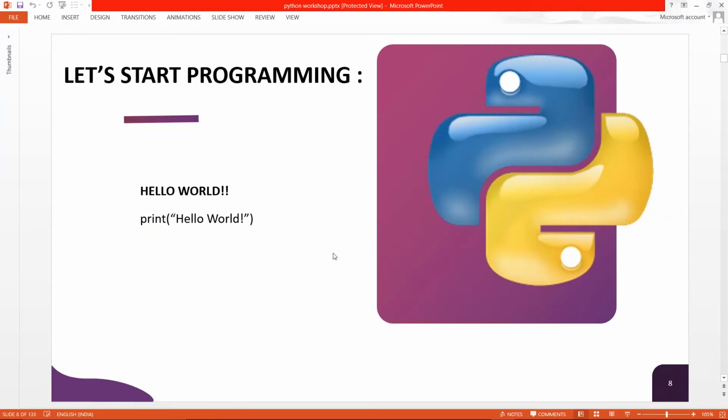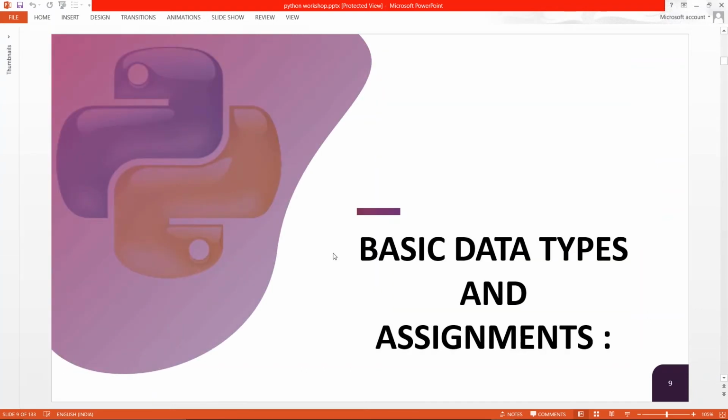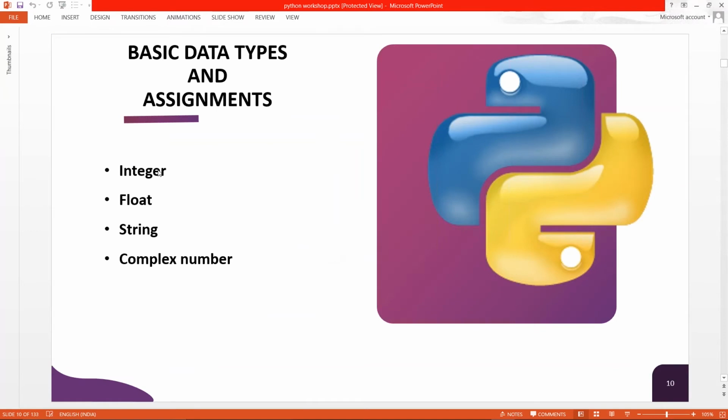After this, we can go for other sections. Basic data types. We have 4 types of data types here: integer, float, string, and complex numbers. I believe you all know what an integer, float, string, and complex number are. If you don't know, please let me know in the message section.